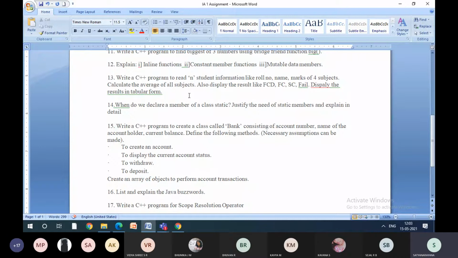This question I'll share the program for. When do we declare members as static? Justify the need of static members, explain in detail. So this is about the static members, right? Then you read the next program. Read the 15th program, I'll explain you.